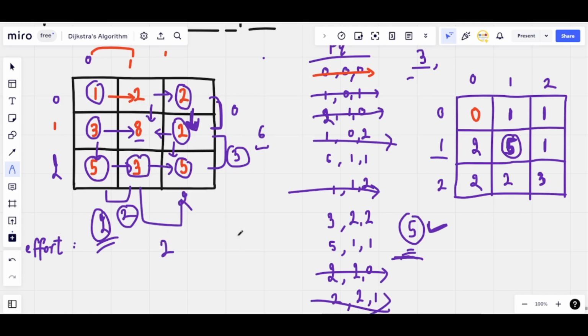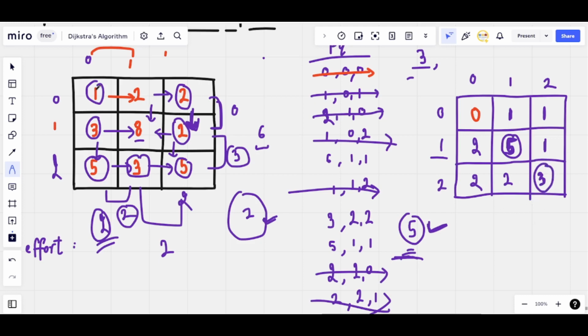5 minus 3 is 2. So is 2 better than the effort which we already have till this cell 21? No, we have 2 here, and this transition also requires 2. But this 2 is better than the distance or the effort which we already have for this cell 22, because